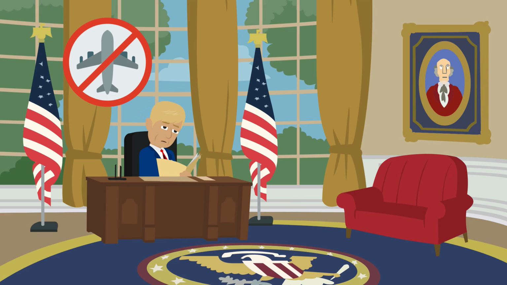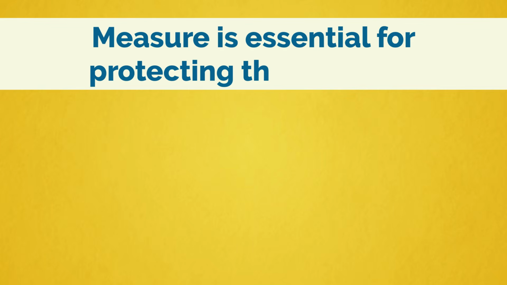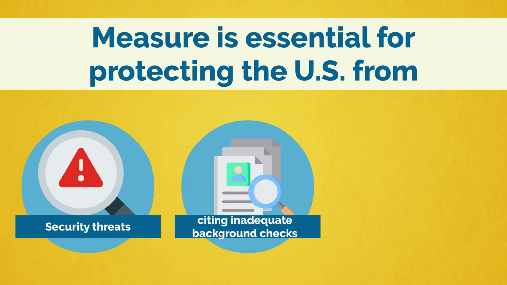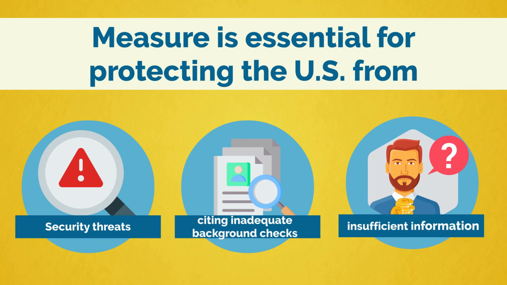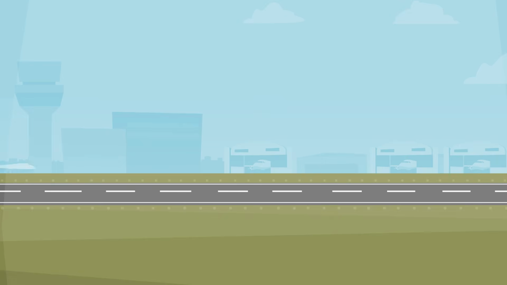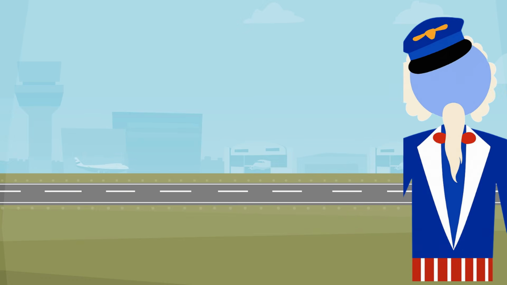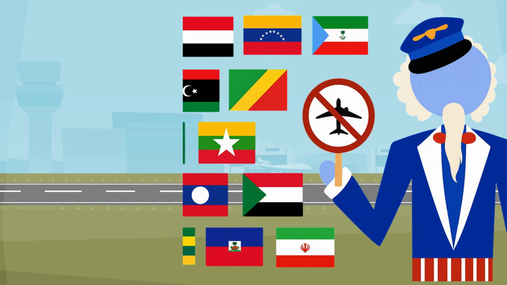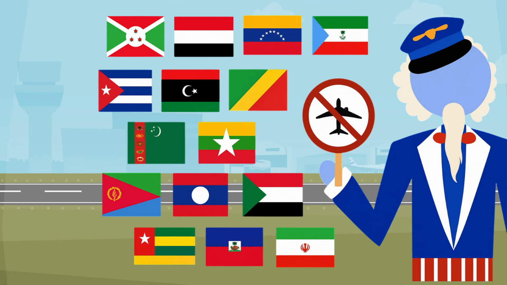Trump has signed a new travel ban targeting 19 countries, restricting access to U.S. visas for millions. He claims this measure is essential for protecting the U.S. from security threats, citing inadequate background checks and insufficient information sharing with U.S. authorities. The list includes several Muslim-majority nations, such as Iran, Libya, Somalia, Syria, Yemen, and Sudan, along with Nigeria, Tanzania,